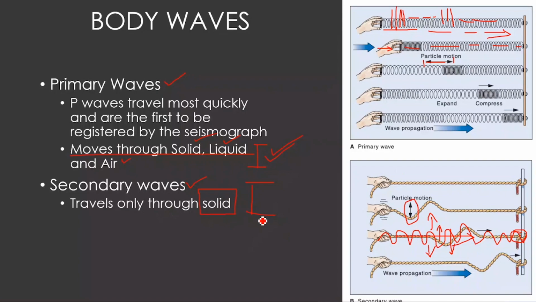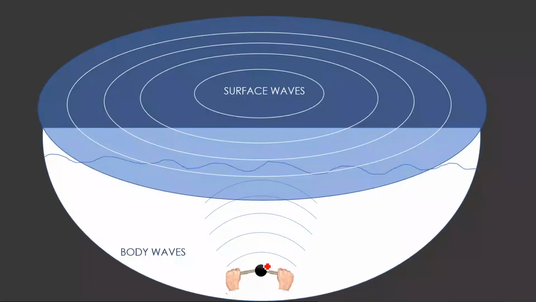Now, when these waves move from here and reach the surface, some portion of the primary waves will escape to the atmosphere, because these waves can travel through the atmosphere also. Of the body waves, the portion escaping to the atmosphere is lost, and the rest of the waves will move all along the body of our Earth. So then we call